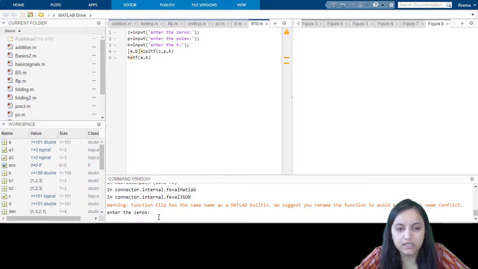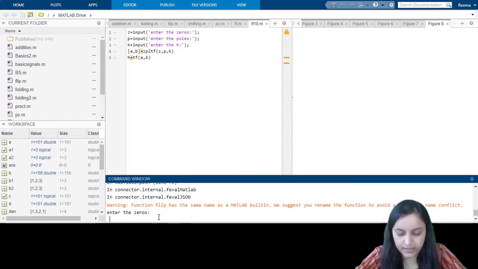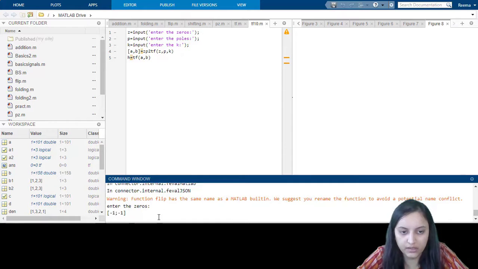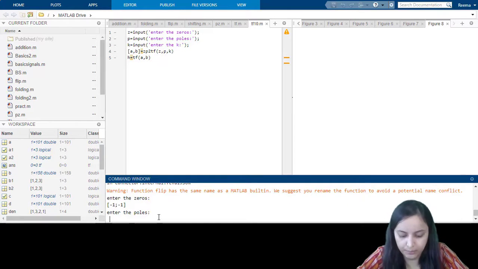So here it asks to enter the zeros. Let us enter the values of zeros, that is -1, -1. We have entered the two values of zeros over here. Now it will ask us to enter the poles, as you can see in the command window. So let us enter the values of poles, that is -2.6180, and the second value.